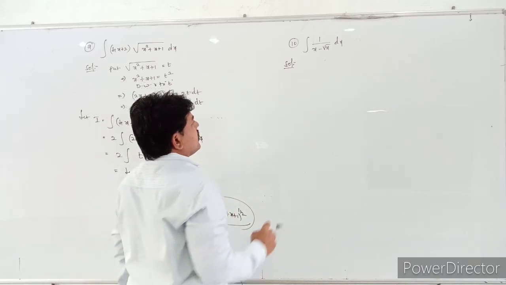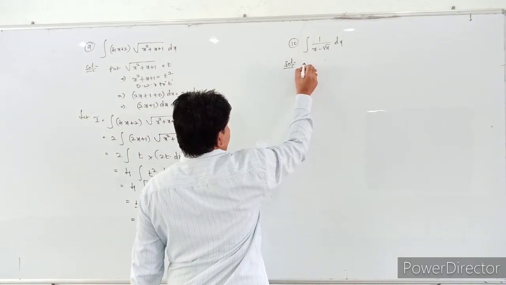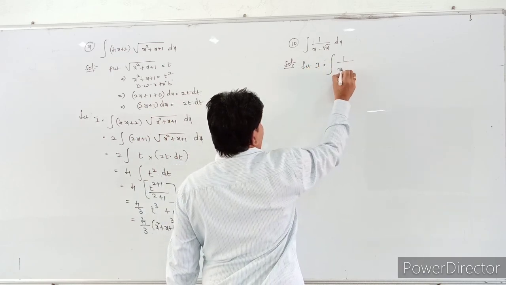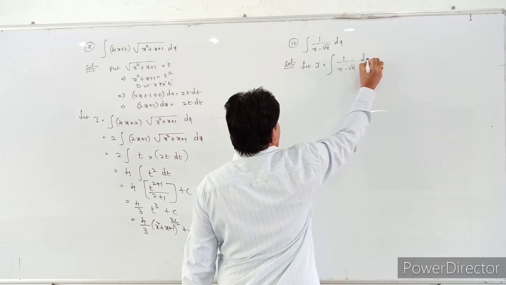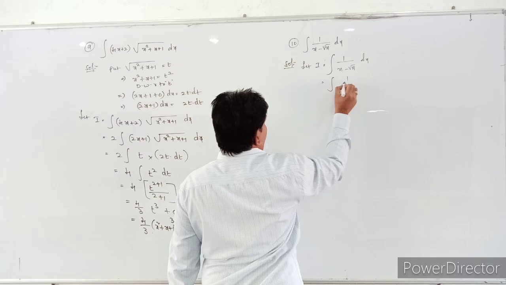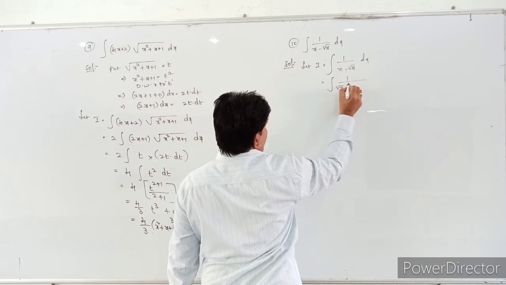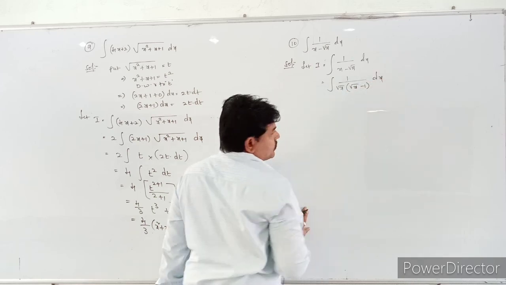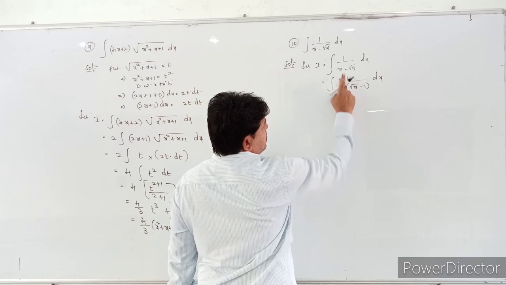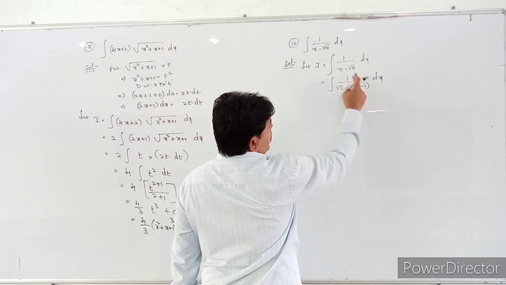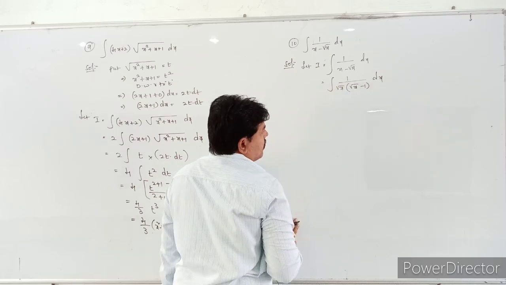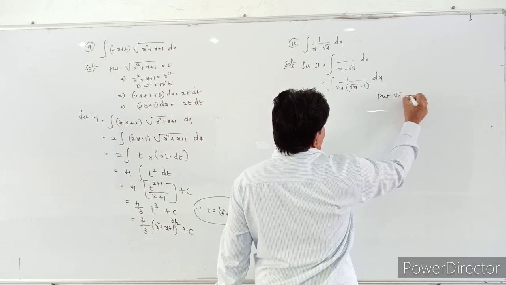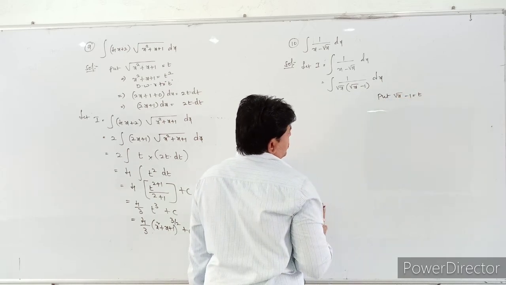First, let I is equal to the given problem, integral of 1 by x minus root x into dx. So that is equal to integral of 1 by, I will take root x common in the denominator, root x minus 1 into dx. Inside, root x into root x is x, minus root x into 1 is root x. Then put root x minus 1 is equal to t.